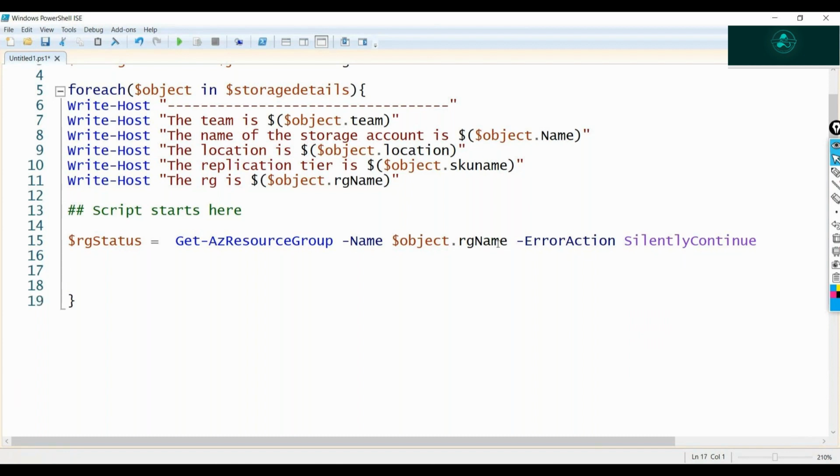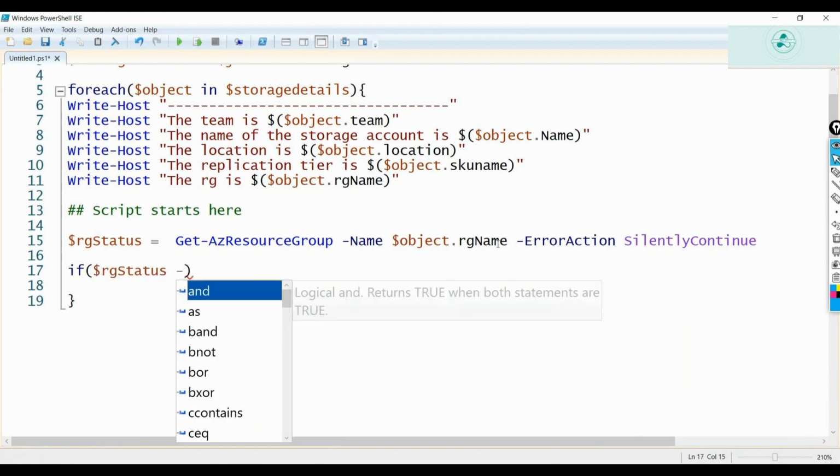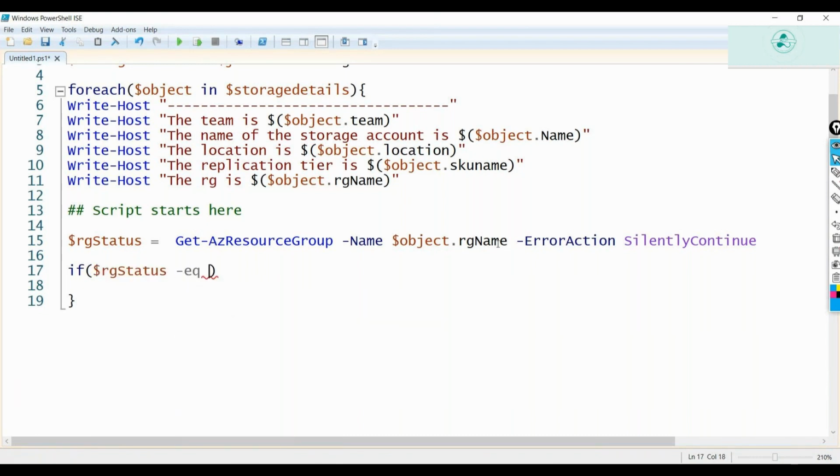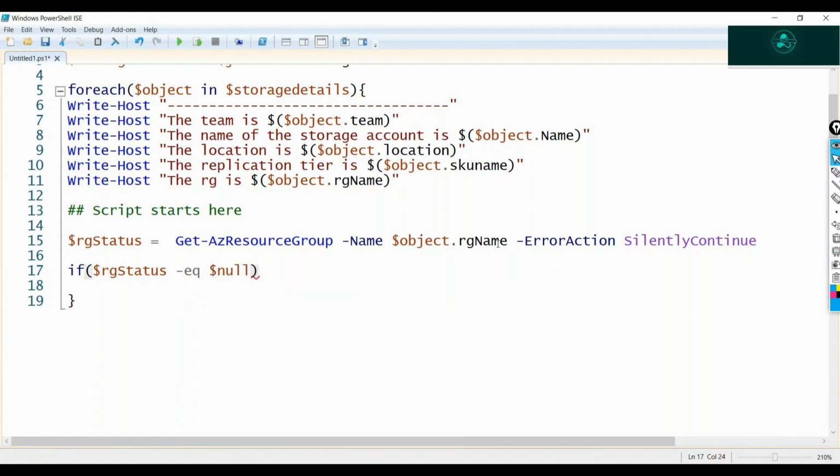Now I am still inside the foreach loop. I have not come out of it, because the foreach loop is holding all my configuration right now. And I will say if $RGStatus is equal to $null. When can this be null, guys? If there is no RG, or if this command is not returning any RG with that particular name,